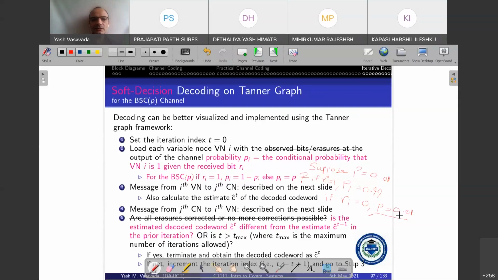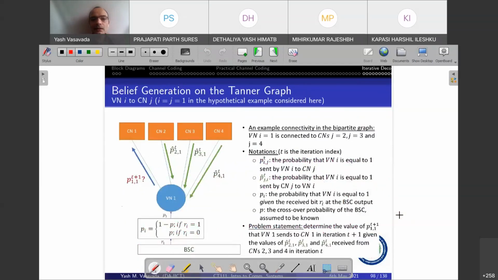Okay, so that is how we will do the initialization. Either do 1 minus P or P, depending on whether we got 1 or 0. This is the slide that we had already looked at yesterday. The change that I made is over here. This part was missing yesterday. So this Vn has to be connected to the channel, and specifically